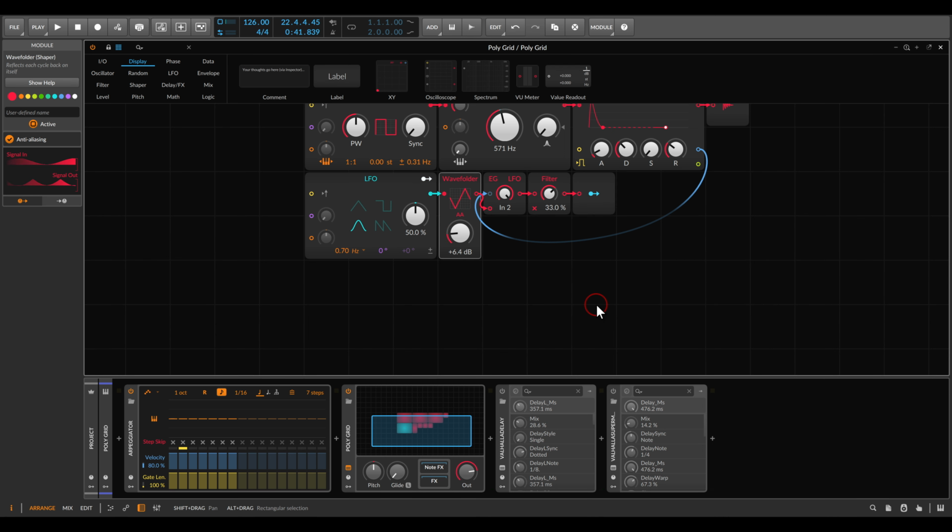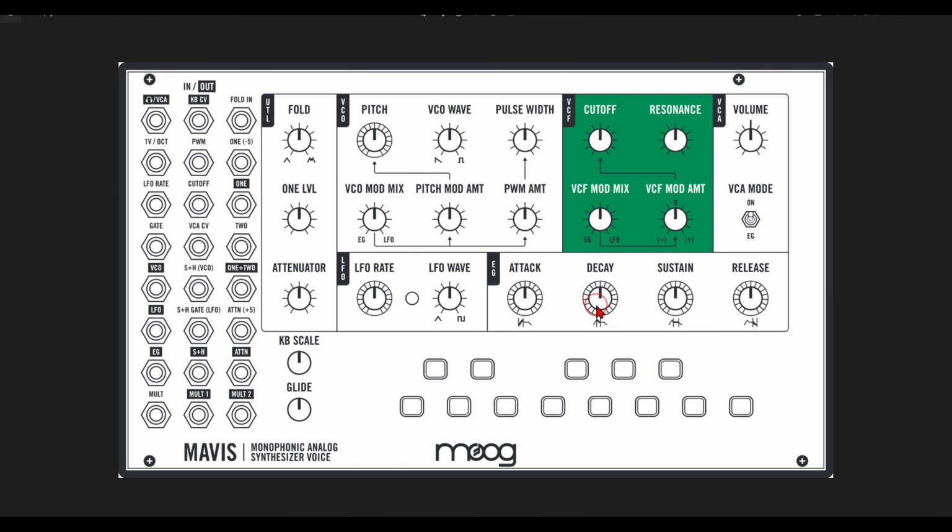And the next one is also connected to the wave folder. So on the Moog Mavis, we have two inputs. We have 1 and we have 2, right, that we can use to mix modules or to mix voices or to mix signals. You can see 1 plus 2. And again, something interesting to explore is to mix the oscillator with the LFO and then run it through the wave folder and get sorts of pulse width modulation like movements, also with shapes that don't have pulse width modulation